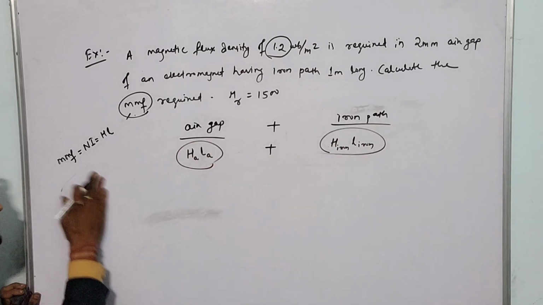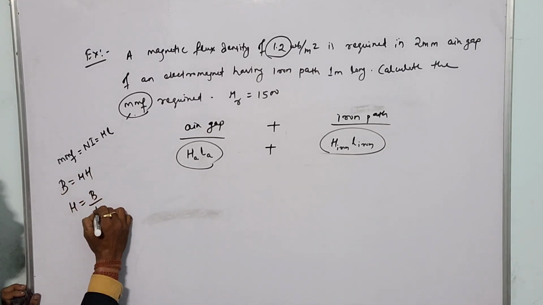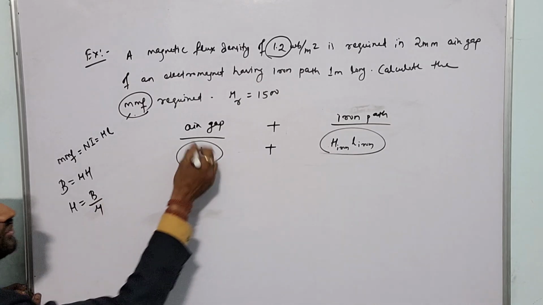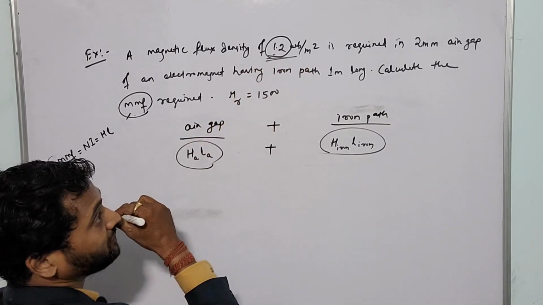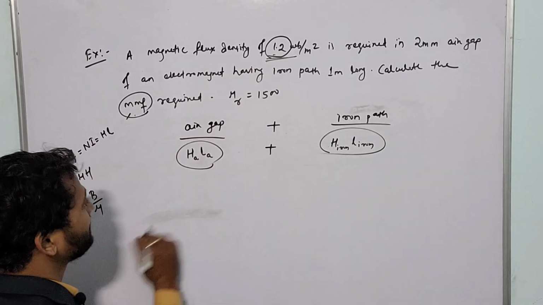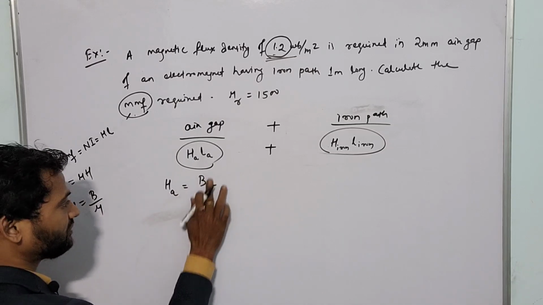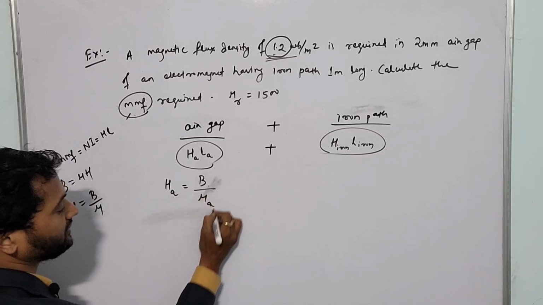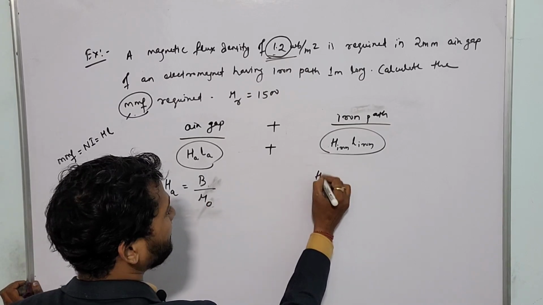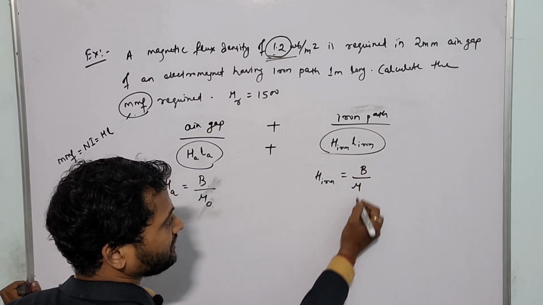It's very simple. We know B is equal to mu h. H का फॉर्मूला क्या है? B अपन mu. ठीक है. बट दोनों के लिए B is constant 1.2 weber per meter square. दोनों के लिए B constant क्योंकि both are connected in series. सो टेल मी एच ऑफ एयर गैप कितना होगा, बी ऑफ एयर और बी अपॉन म्यू ऑफ एयर। म्यू ऑफ एयर मतलब क्या है, म्यू नॉट, ठीक है। सिमिलरली एच ऑफ आयरन क्या होगा, बी अपॉन म्यू ऑफ आयरन।